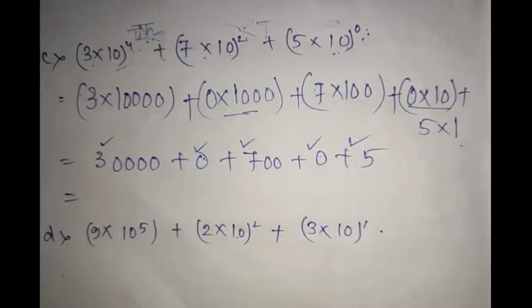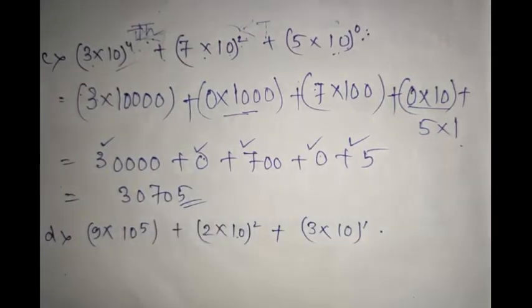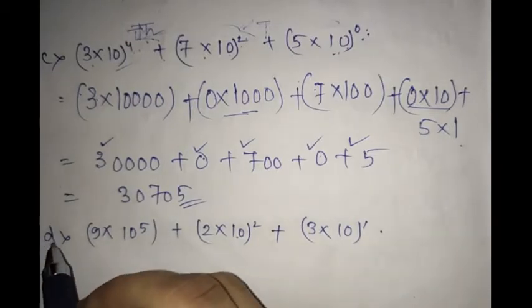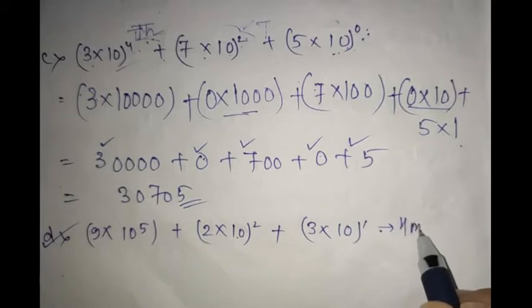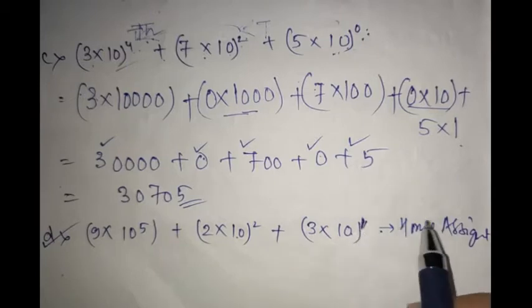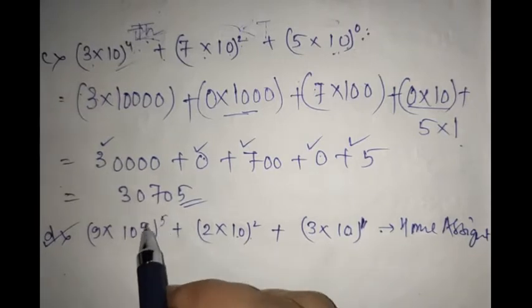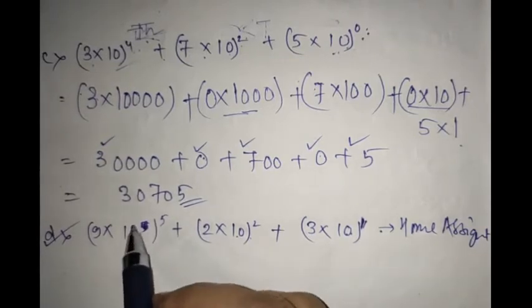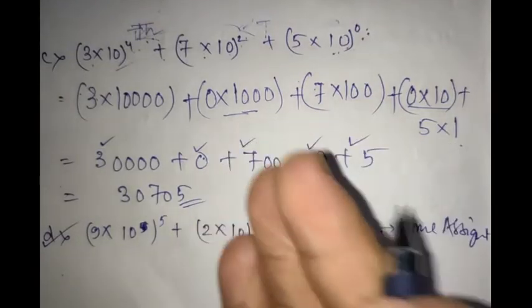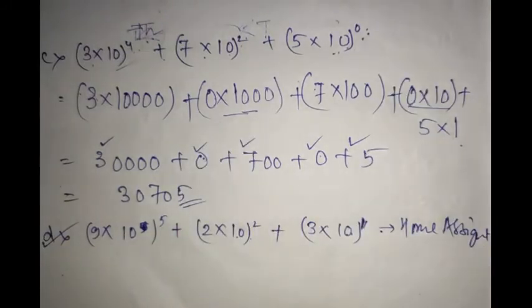Now I hope you have understood more clearly. If you had not understood this concept in part B, then in part C I have made it more clear. The last part is left, part D, which will be a home assignment. You will just see how I have solved part B and part C. Here it is mentioned directly from the tens position, not from the ones position. There is no 0 power or exponent. Tens, then 100, then directly it proceeds to 5. 2, 3 are missing, 3, 4 are missing, so you have to multiply those with 0. So do this home assignment.